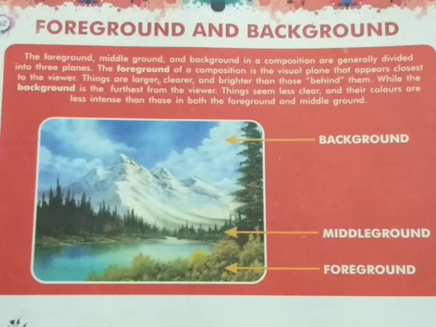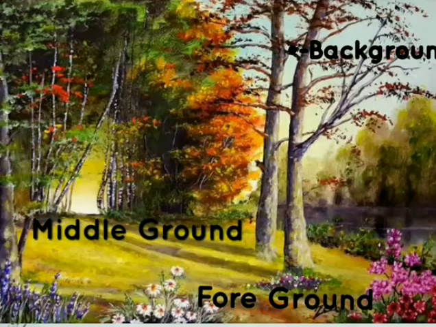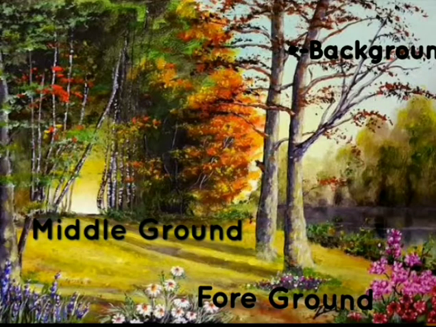Fine. So this was about the foreground, background and the middle ground. In the same way, I am going to show you one more painting. In this painting also, the background is shown in sky color, sky blue. Then the middle ground: you can see the ground is shown, and on the ground some trees are planted. You cannot see or count the single leaves; that is shown as bushes.